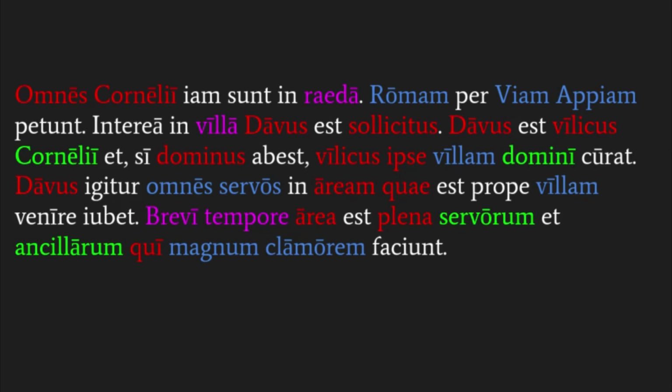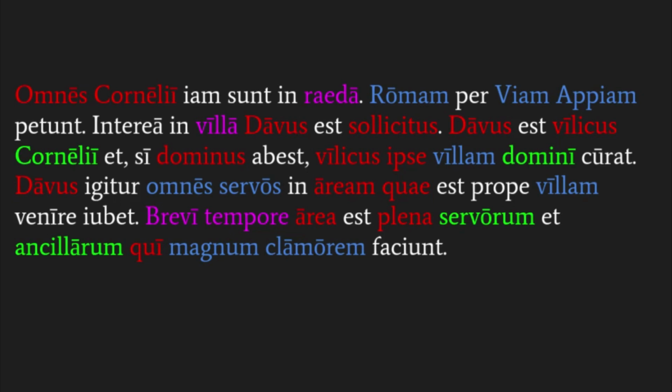Now this is genitive. Right? So if you look at Cornelii here in green and Cornelii in the first line in red, they're spelled the exact same way, which is totally fine. This is where the overlap comes into play, and you have to think about what's going on, right? If it were nominative plural, the sentence wouldn't make sense because you already have a subject with Davus est vilicus, right? Davus is the overseer. So how would the Corneliuses make any sense? There's no plural verbs here. So once you realize that it's not nominative, the other option is genitive singular, which makes a ton of sense because you're saying he's the overseer of Cornelius, right? So this is referring to Cornelius, the dad. Davus is his overseer. It's showing possession.